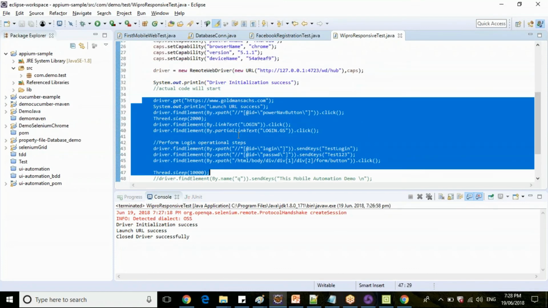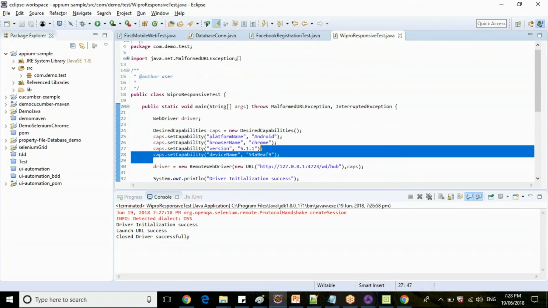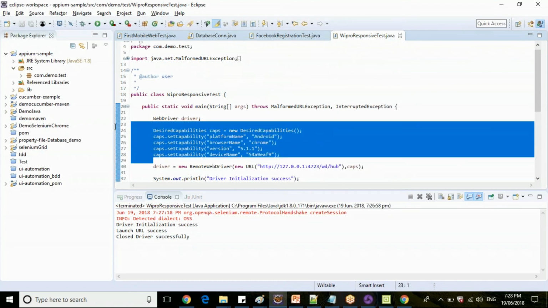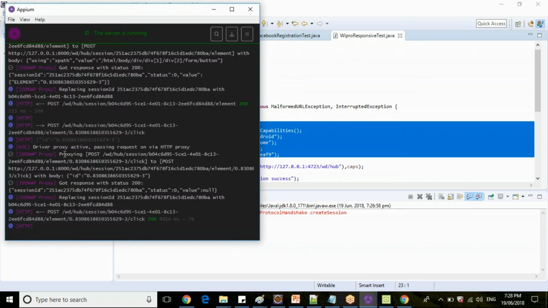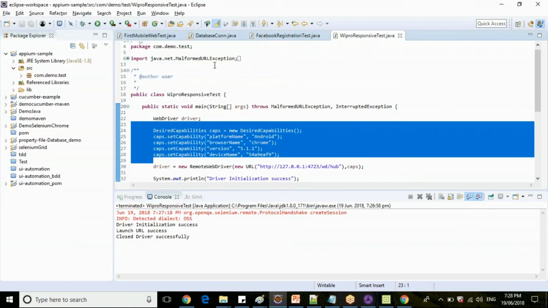So everything is remaining same, guys. The only thing is the configuration for your mobile, what mobile you're going to connect here, and you have additional Appium server which is running to execute the script on mobile devices. So any queries in mobile web, executing the scripts in mobile web, guys? So do you want me to repeat the process of setting up the project for executing mobile before we look into native?